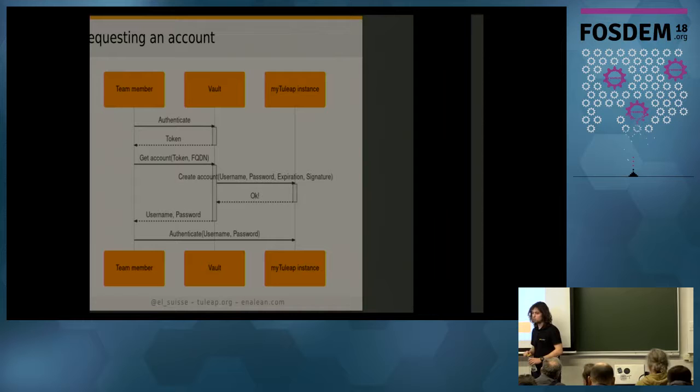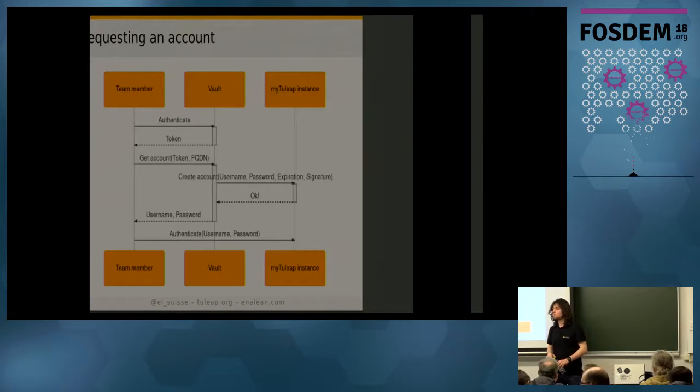Did that take much code? No, not really. It's really easy to do with Vault. Basically, you just tell Vault, okay, I want to have a POST interface, so just push that and do it. I think it's 110 lines of code or something like that. So not that much.